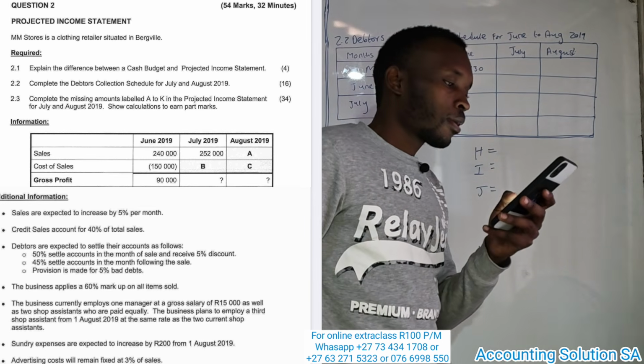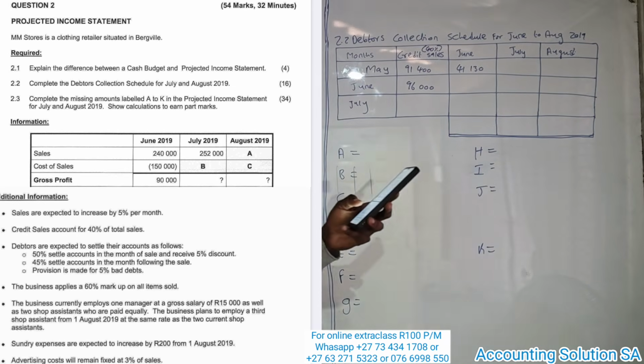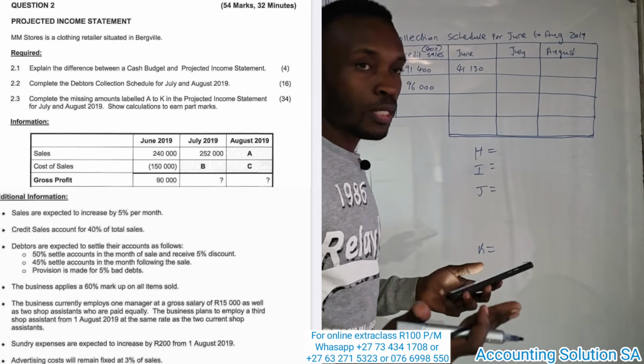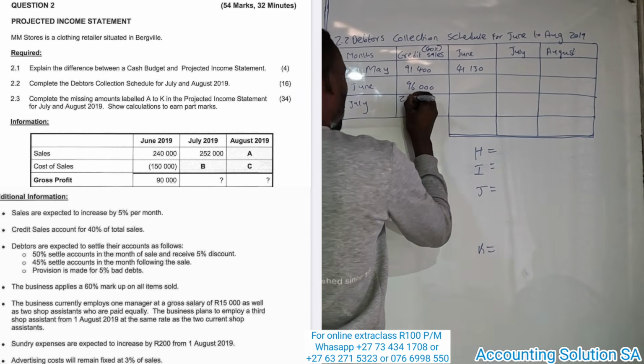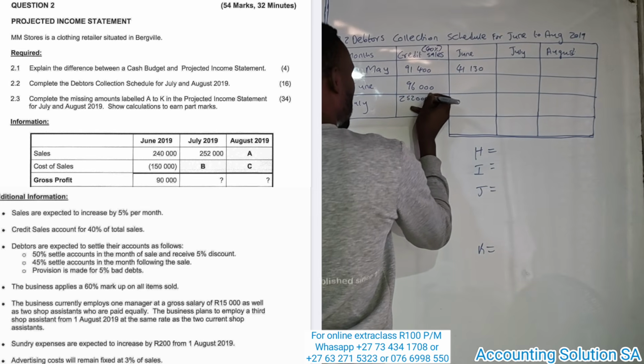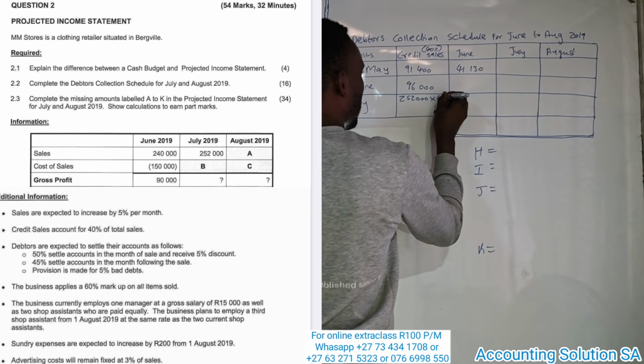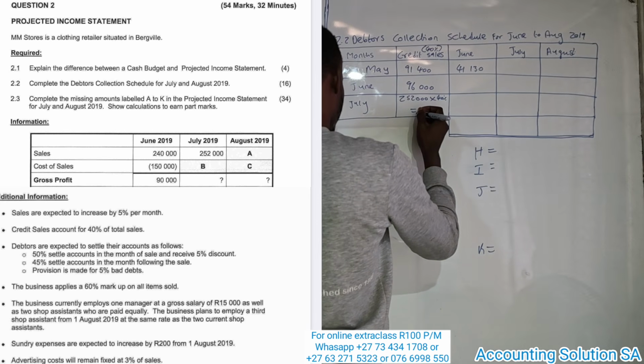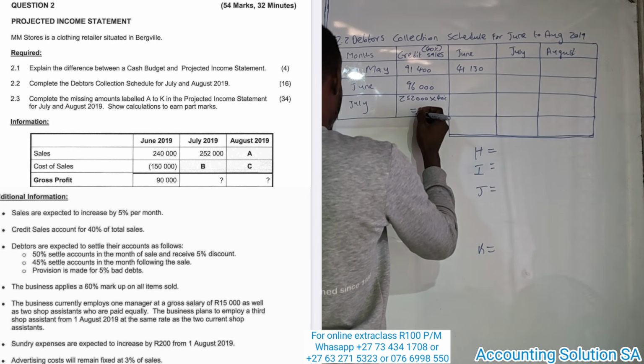In July, the sales amount was given as 252,000. Because credit sales is 40%, we're just going to say 252,000 multiplied by 40%, because sales include both cash and credit. And this will give us